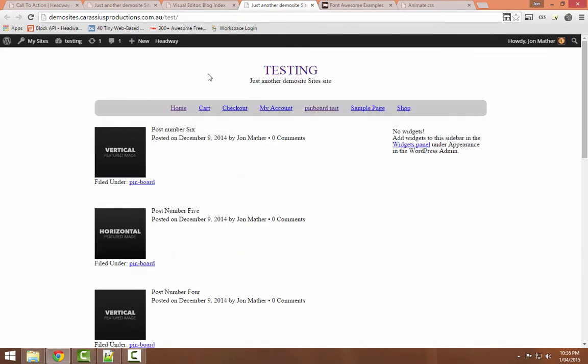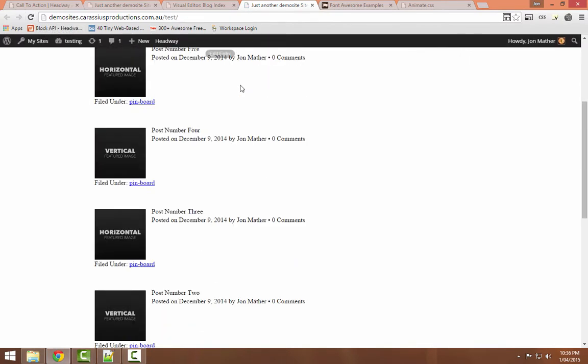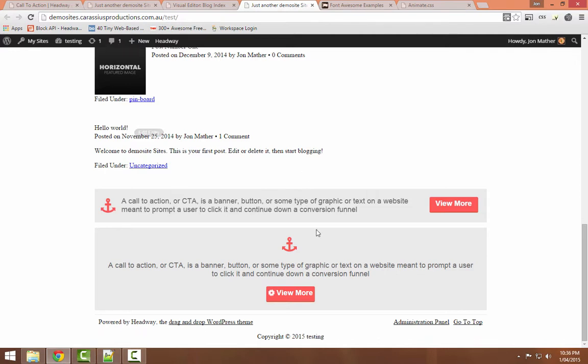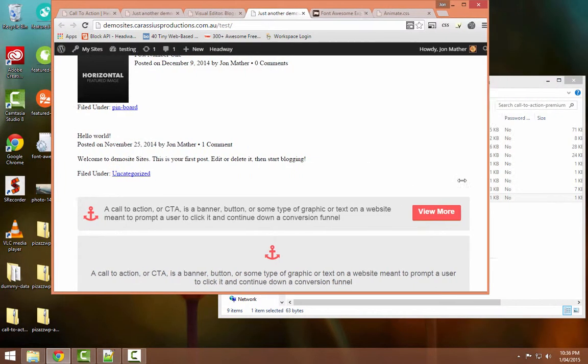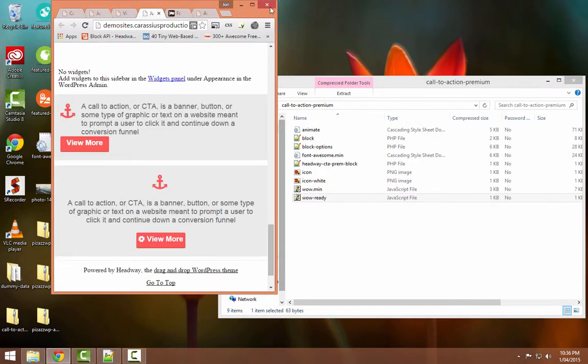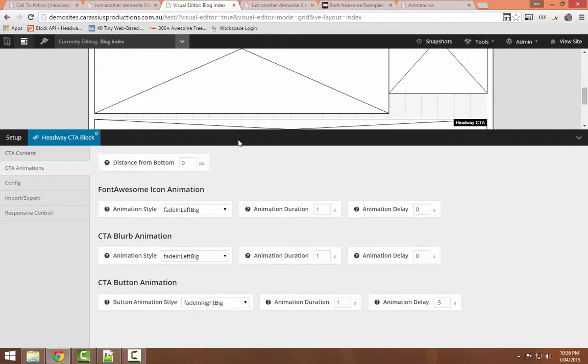But the other thing I want you to check out is, when I hit refresh from the top and scroll down, you can see they don't start firing until they come into view. So we can have these all the way down the page and they won't start firing until the user scrolls down and reaches that point. And of course, they are responsive. So you can see there they are responsive. So that is my animations